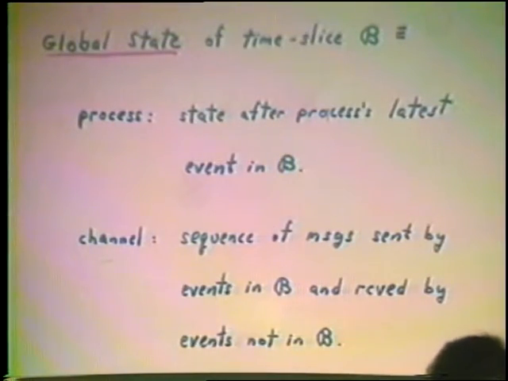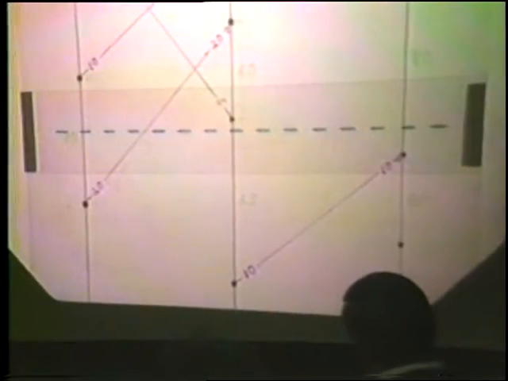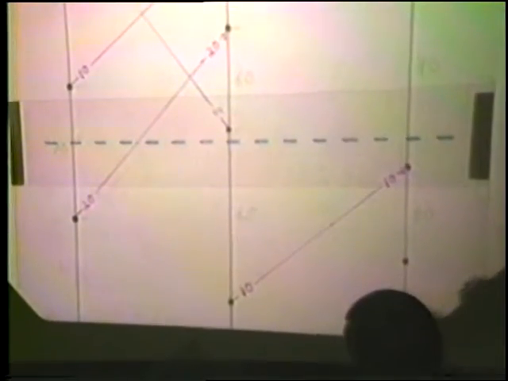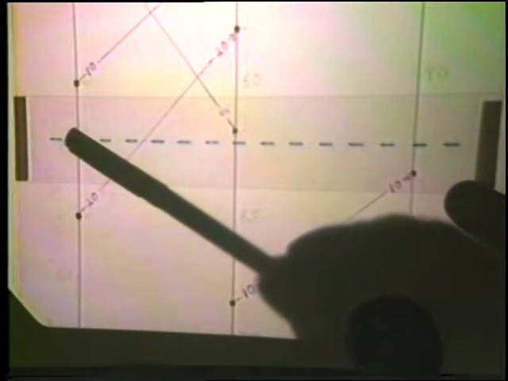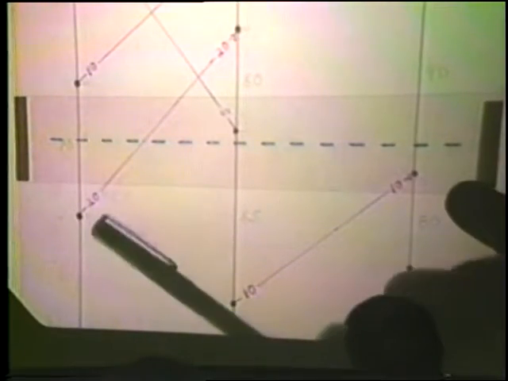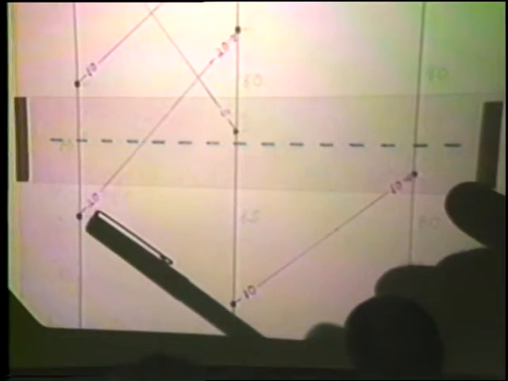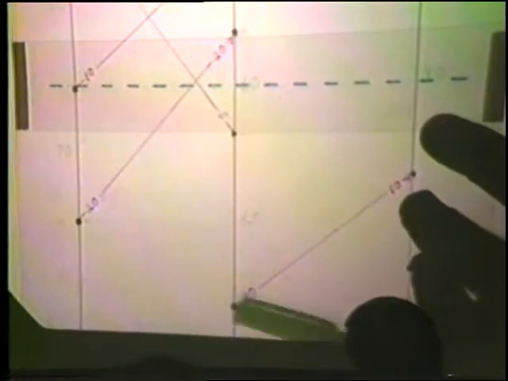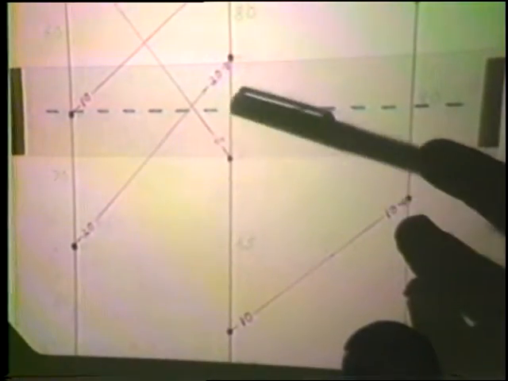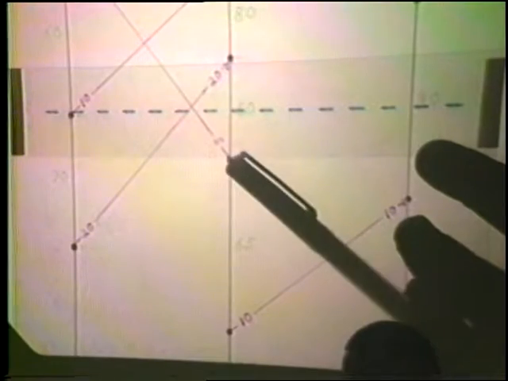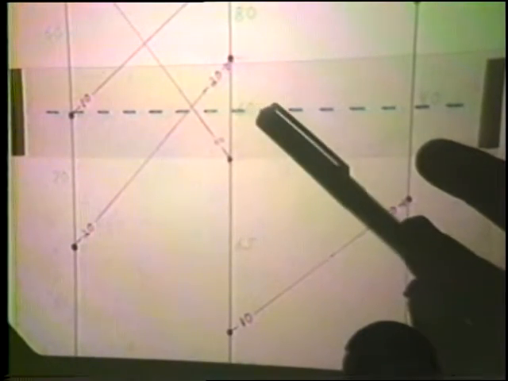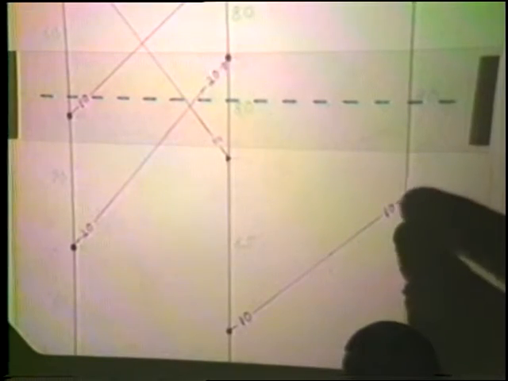let's think of the time slice being the set of points underneath this line. Well, the state for that time slice is really the state of the process where it's intersected by this line. So here we're the state after the last event that's in the time slice, which is the latest event. Let's be a little more interesting. The latest event, say in process B here, that lies beneath this line. The state is this one, and the state immediately after that says that there are $60 in the process.